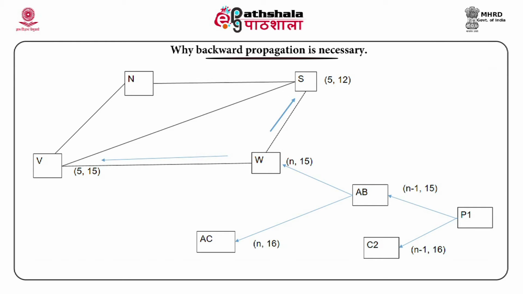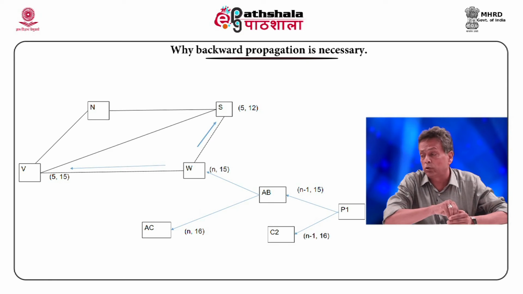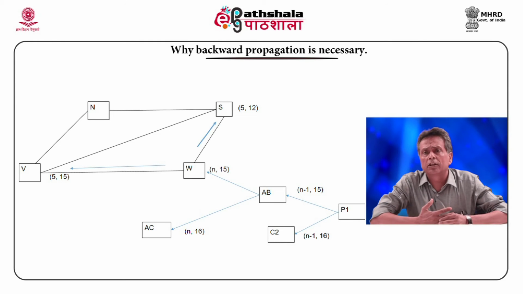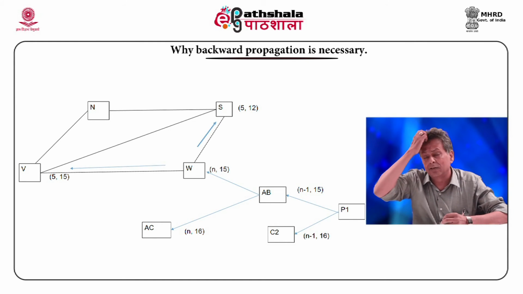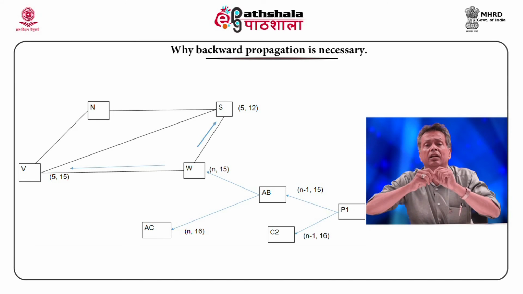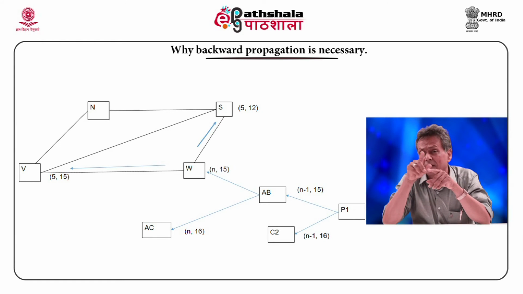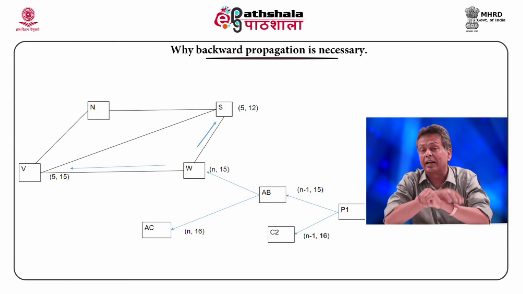Now, when you explore X and V, we realize that instead of 15, S says that it is only 12 hops away and V says that it is 15 hops away, but the G value is 5, the G value is more. Just assume that it is N plus 1, N assumed to be 4, then S is better. But then it is only 12 plus 1, 13. Earlier W was thinking that the goal node is 15 hops away. But after exploring 2 children, it can say that if it goes via S, it is going to be 13. So, it is